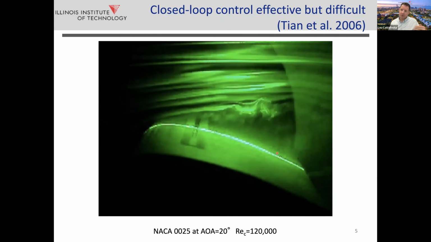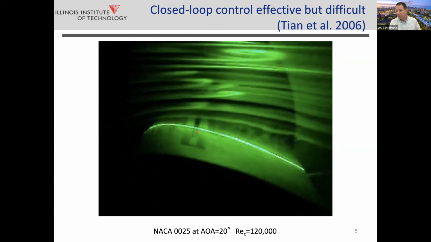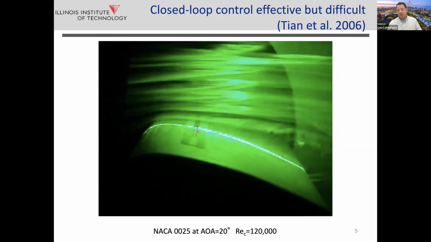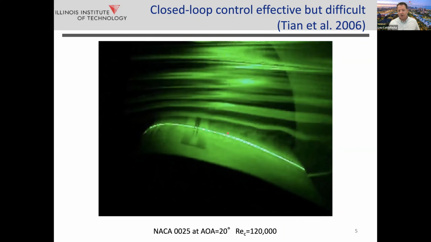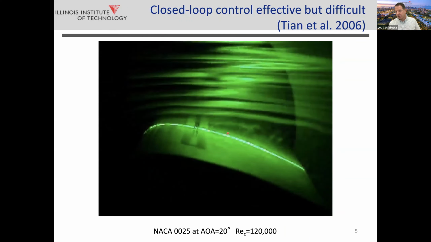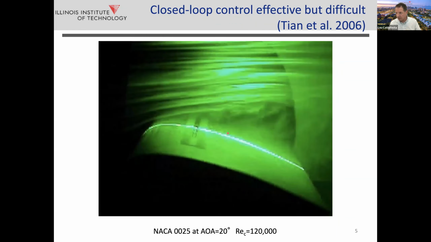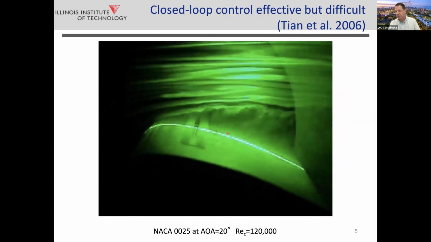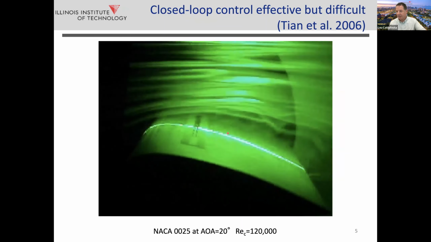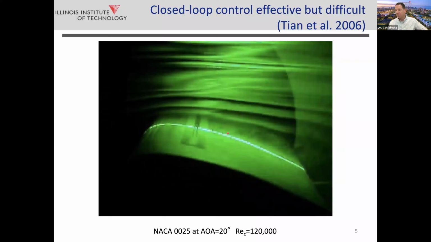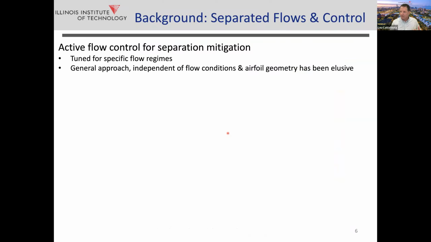It was effective, but because these actuators make a fair amount of noise, and anybody who's worked with synthetic jets knows precisely what I'm talking about, the sensors don't know whether the signal that they're getting is acoustic or hydrodynamic. So essentially a characteristic of the control would be that it would establish control, but then in an effort to continue to suppress the oscillations that it was detecting in the pressure signals, it would figure out that what it needed to do was turn the actuator off, and then the flow would separate again, and this whole process would repeat itself. So we were looking for something that was a little bit more advanced than this, that was maybe more physics-based.